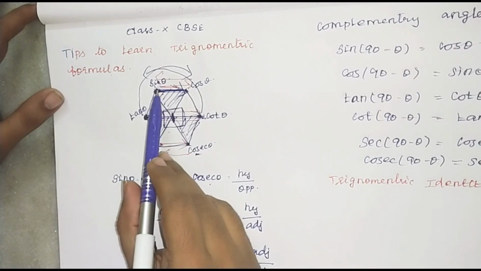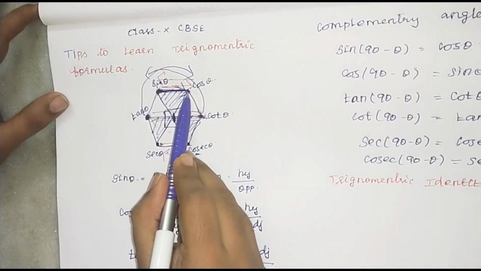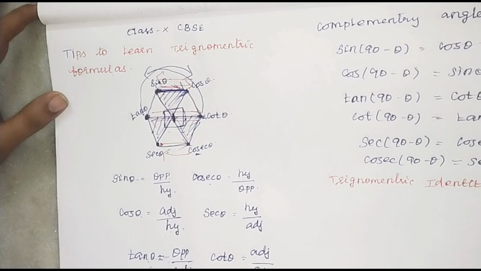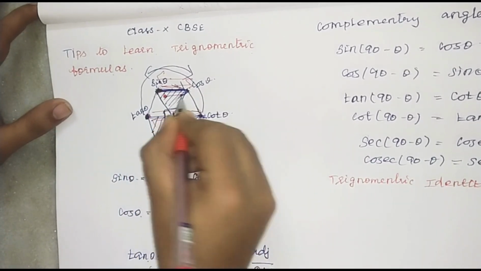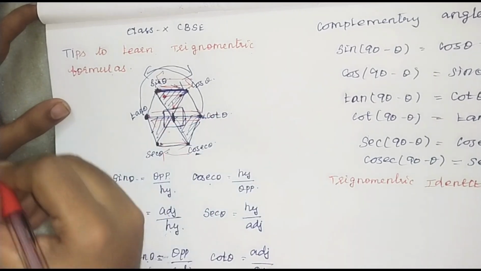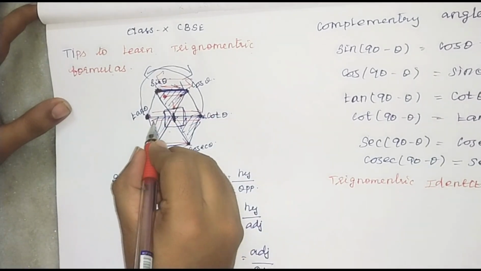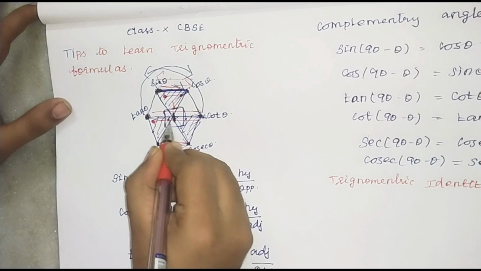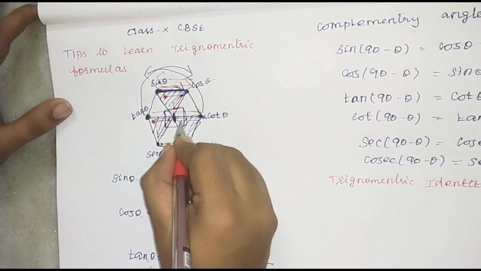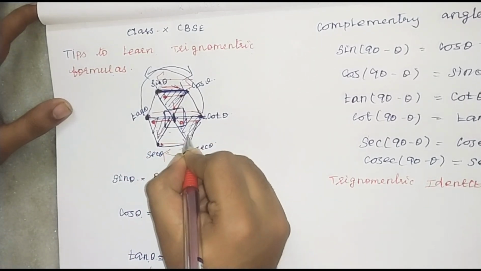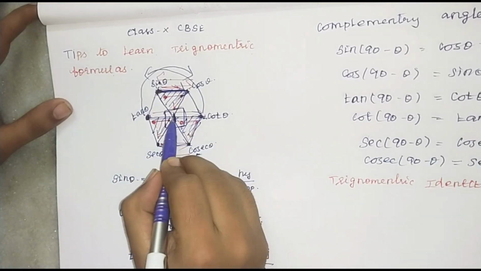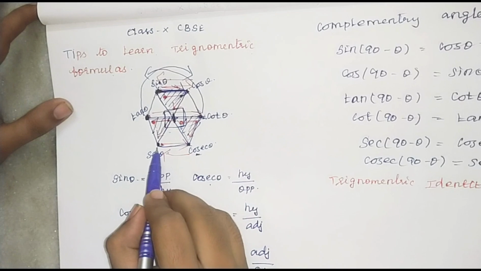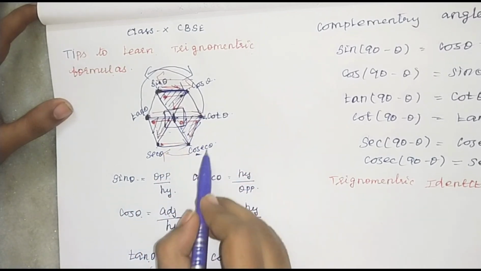Now listen: sin square theta plus cos square theta. You can draw the diagram like that and easily understand. Start here and end here, and you will arrive here. You can draw an arrow mark like that. Again start here and end, again like that. So sin and cos you get 1, tan and 1 you get secant, 1 and cot you get cosecant.